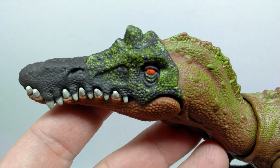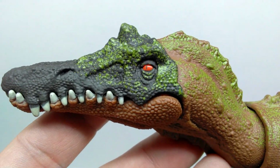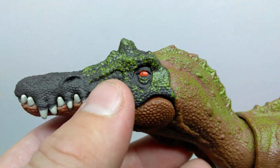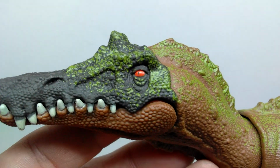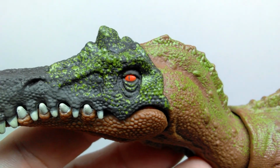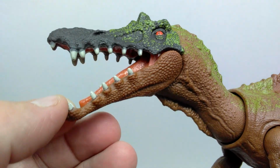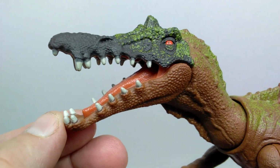You can see we've got that crest up on the top of the head, and we also have a nicely painted eye with kind of a red-orange, and then we have that darker tone for the upper part of the head, which is the coloration of the pupil. It doesn't appear as though we have an actual black pupil, but I don't think it by any means looks bad. And of course, again, you can open the mouth to get a nice look at the inside of the